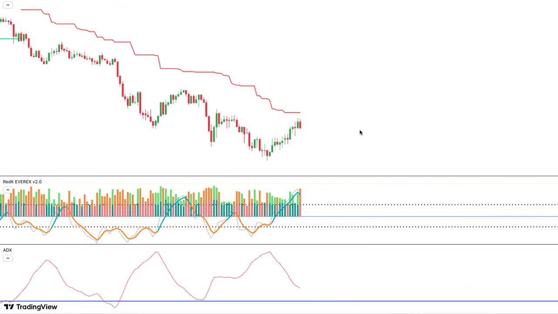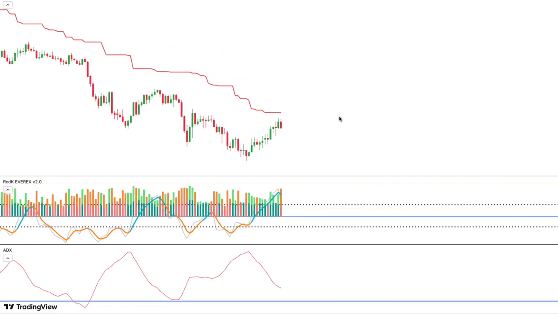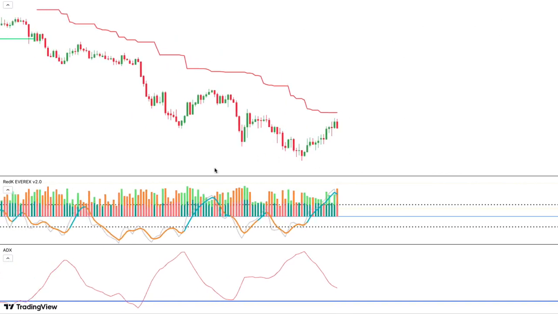In this case, we are looking at GBP USD on the 1-hour time frame. We can see that the price is in a downtrend. We know this due to the Pivot Point Super Trend indicator being red, indicating a bearish trend. If we take a look at the price action, we can also see that a trend line can be drawn here due to the price pulling back and retesting it multiple times. By analyzing the red K/X indicator, we can see the following. First, we can see that the ROF lines recently made a bearish crossover above the 50 level, indicating that the market was overbought and might now be heading in the